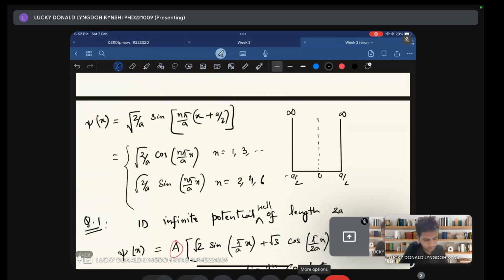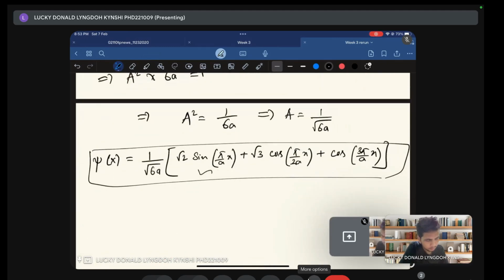For the asymmetric potential here, for n equal to 2, what are the terms? Only sine. Other than that, for n equal to odd numbers, n equal to 1, 3, you are talking about the cosine. So here there are both sine terms and cos terms, but the question asks for n equal to 2, so you need to solve only for this first term. If the question asks for n equal to 1, then you have to solve the cos term. Okay, n equal to 1 or 3 and so on. But now since it is asked for n equal to 2, what you need to do is